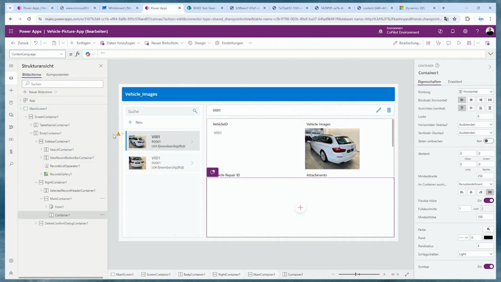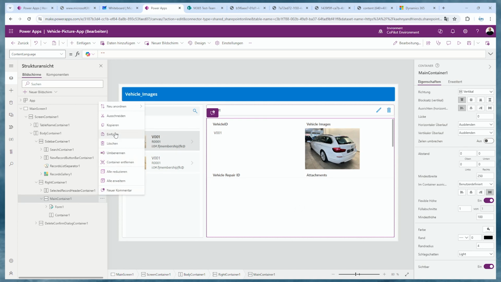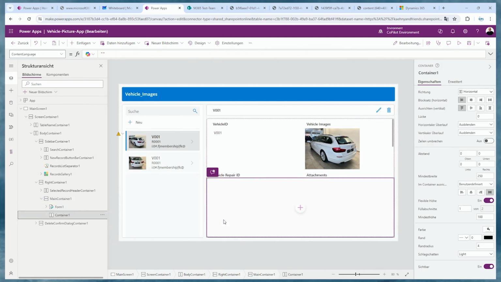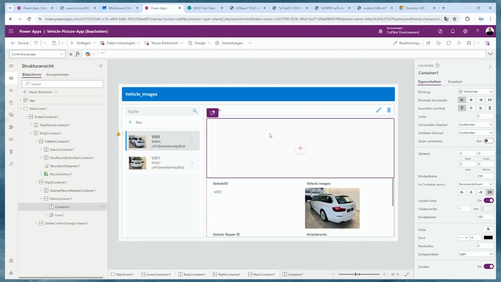Now we can see, if I look at the main container, I said insert, and then the new container is below in the hierarchy of the main container, below the form. This is not the position where I want to have it. I want to have it above the form. So I go to arrange and click on move up, and now it's up there, but it's a little